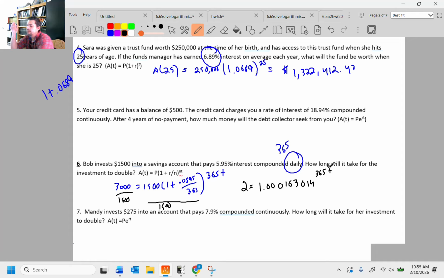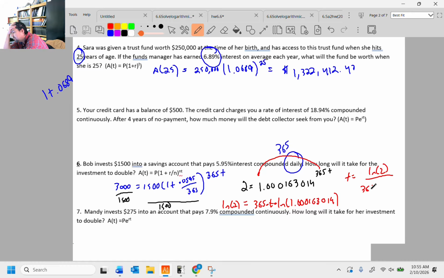Now I'm actually going to do the ln both sides technique because it's just a little simpler. The natural log of 2 is equal to, remember when we do ln's, this comes out front, 365t natural log of that ugly looking thing right there. Now, if I want to know what t is, I have to divide out these two things that are attached through multiplication. So t is the natural log of 2 divided by 365 natural log of